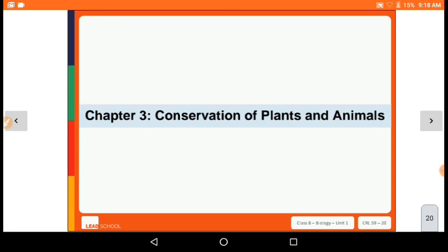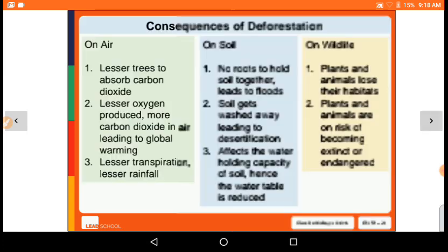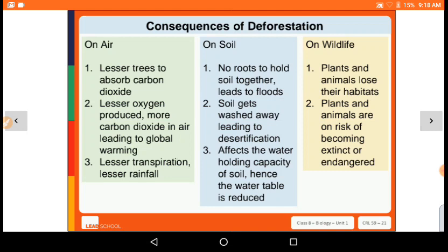Now let's see the third chapter, conservation of plants and animals. उसमें कॉन्सिक्वेंसेस जो डिफॉरेस्टेशन होता है, डिफॉरेस्टेशन के कौन कौन सी जगह पे, एयर पे, सॉइल और वाइल्ड एनिमल्स पे कॉन्सिक्वेंसेस होता है डिफॉरेस्टेशन की वजह से. एयर में क्या होता है, प्रॉब्लम कॉन्सिक्वेंसेस क्या फर्स्ट करेंगे अगर डिफॉरेस्टेशन हुआ तो, कि जो ट्रीज कार्बन डाइऑक्साइड एब्जॉर्ब